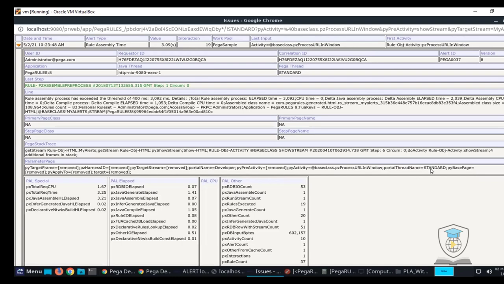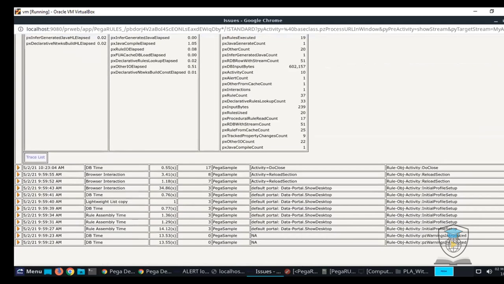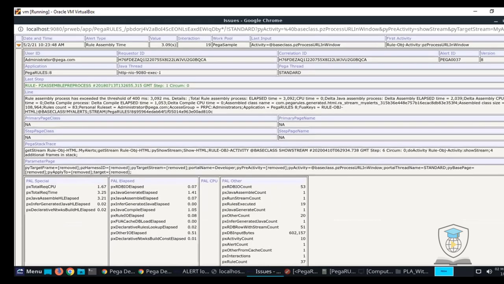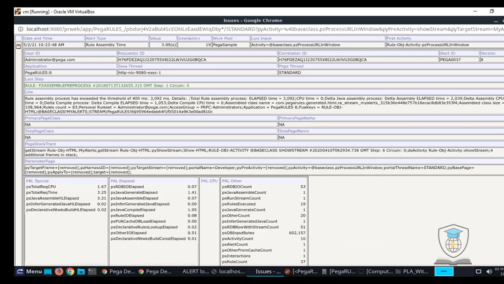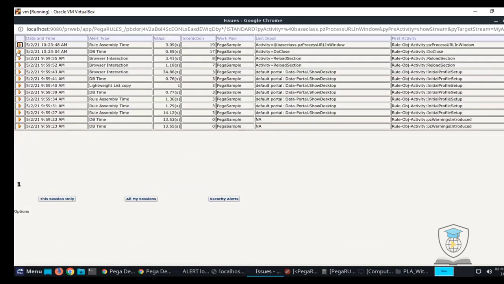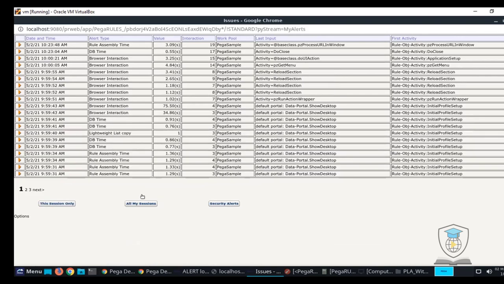You can see all the details of this alert and come to a conclusion about where the issue has happened. This is also one of the hidden ways that developers are usually not aware of, when they are committing anything or performing any logic. So this is for this session. If you click on all my sessions, it also extracts all the previous results, but only for this user.